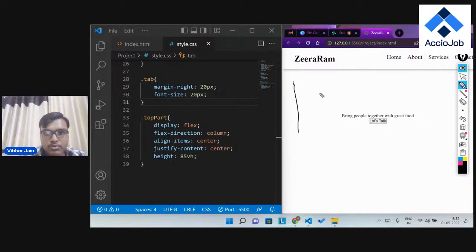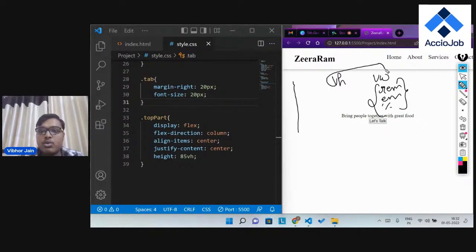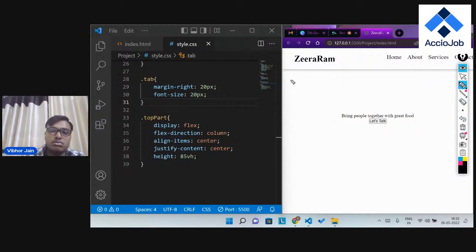So let's move to what is vh and what is vw. As we have discussed rem, em and percentage, there are two more, vh and vw. Now how do we classify vh and vw? Suppose this is my